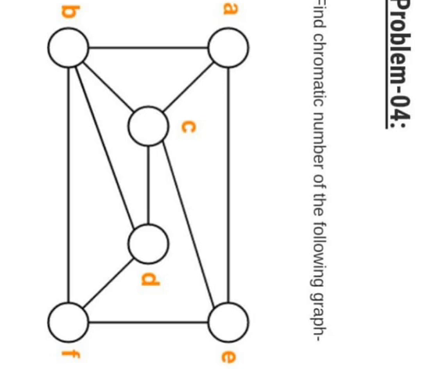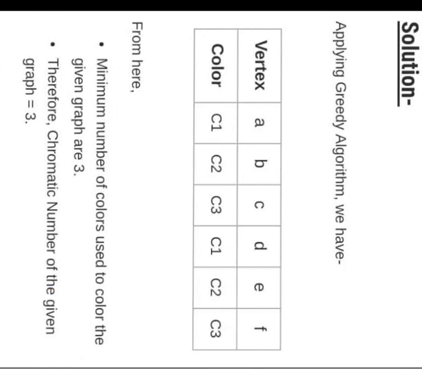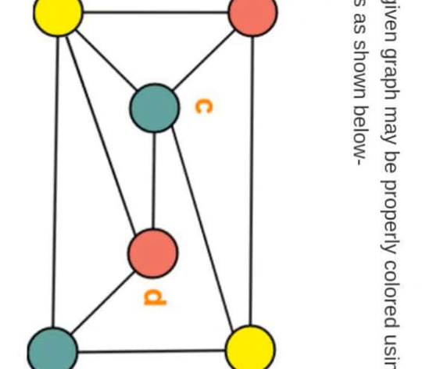If we have a graph of this type, let's first find the chromatic number and then assign the colors to this graph. By using the greedy algorithm, for the vertices A, B, C, D, E and F, colors can be assigned to this graph as C1, C2, C3, C1, C2, C3. The observation is that the number of colors used to color the given graph is 3, therefore the chromatic number of this graph is 3. The given graph can be colored with 3 colors. This is a colored graph that has 3 colors.